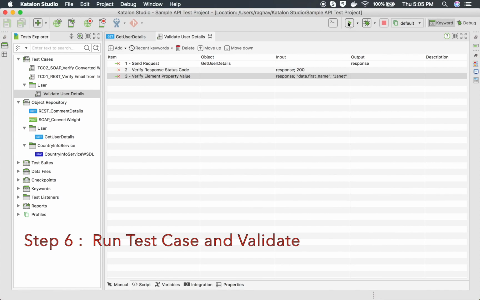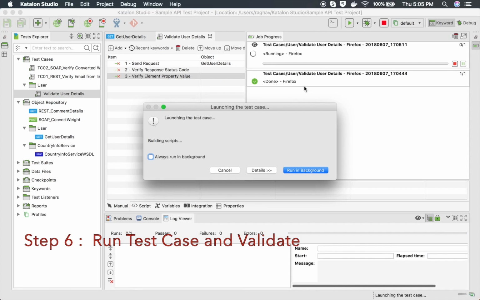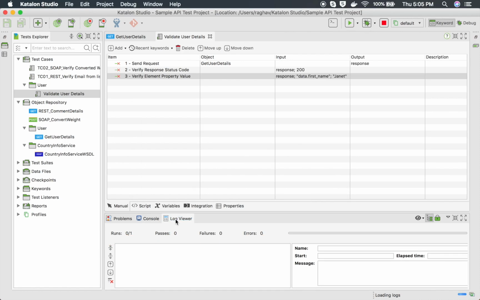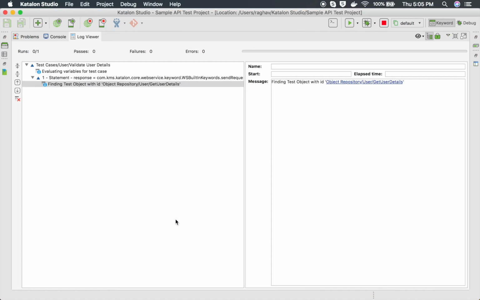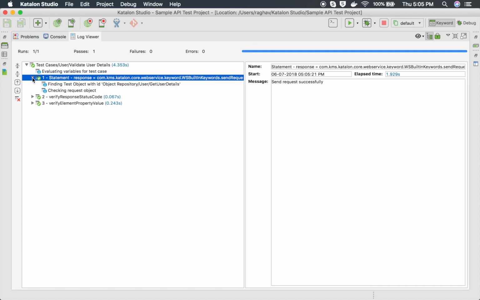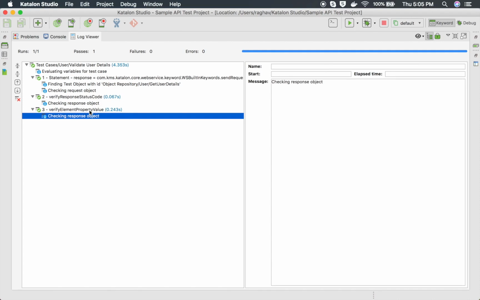So now I will just go and hit this run button here, and let us see the log viewer. And yes, this is running our test case, and yes, the test case is passed, and you can see the logs. All the steps have passed. This is passed, second step is passed, and the third step is also passed, which is validating the value in